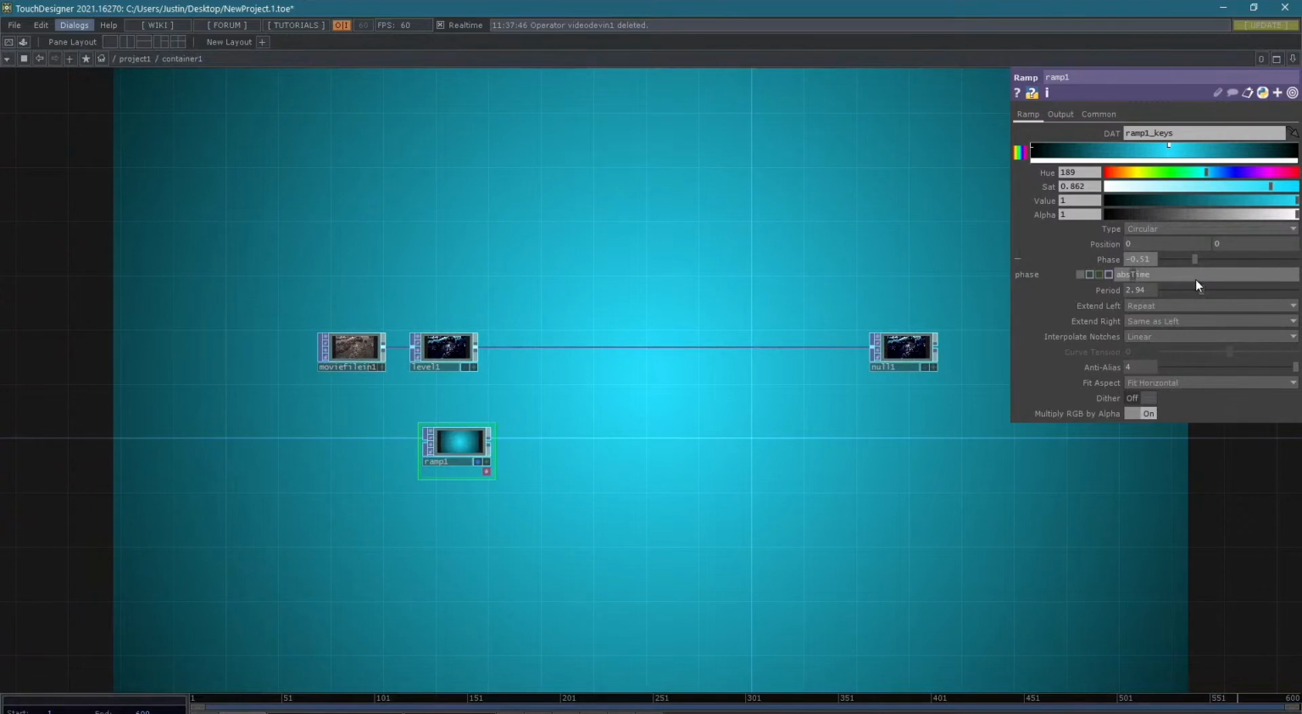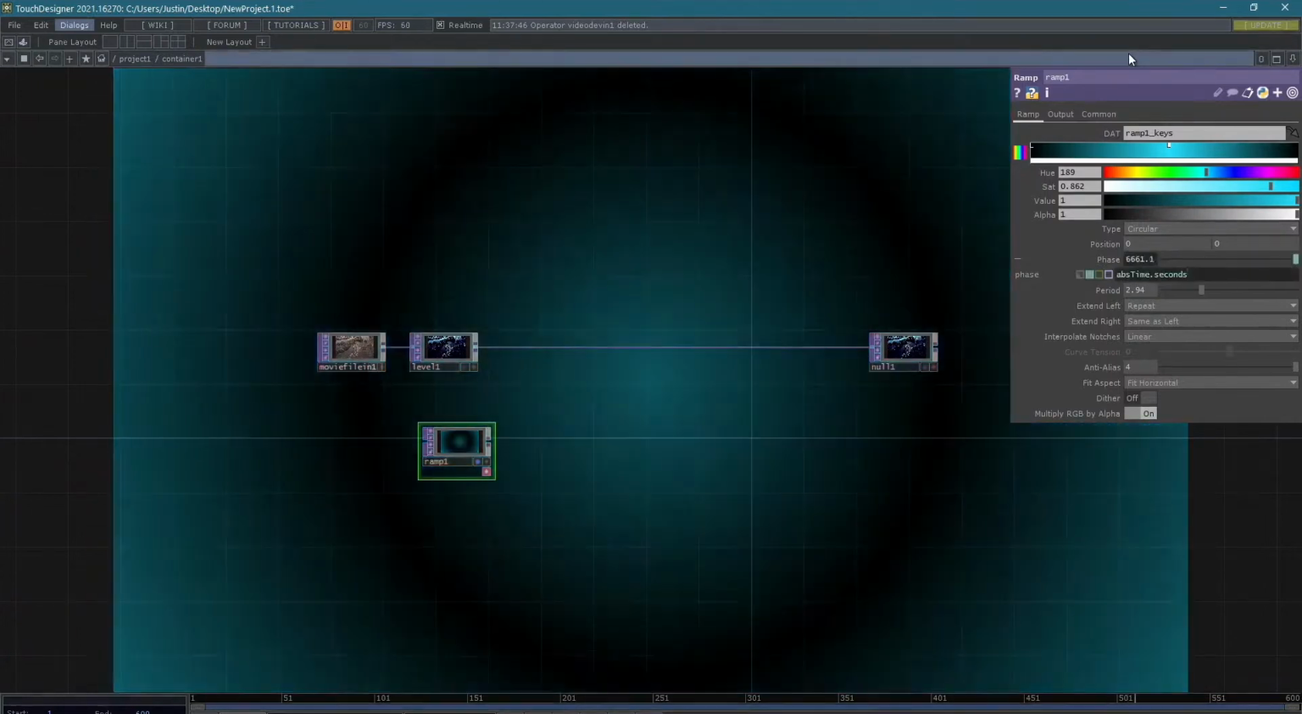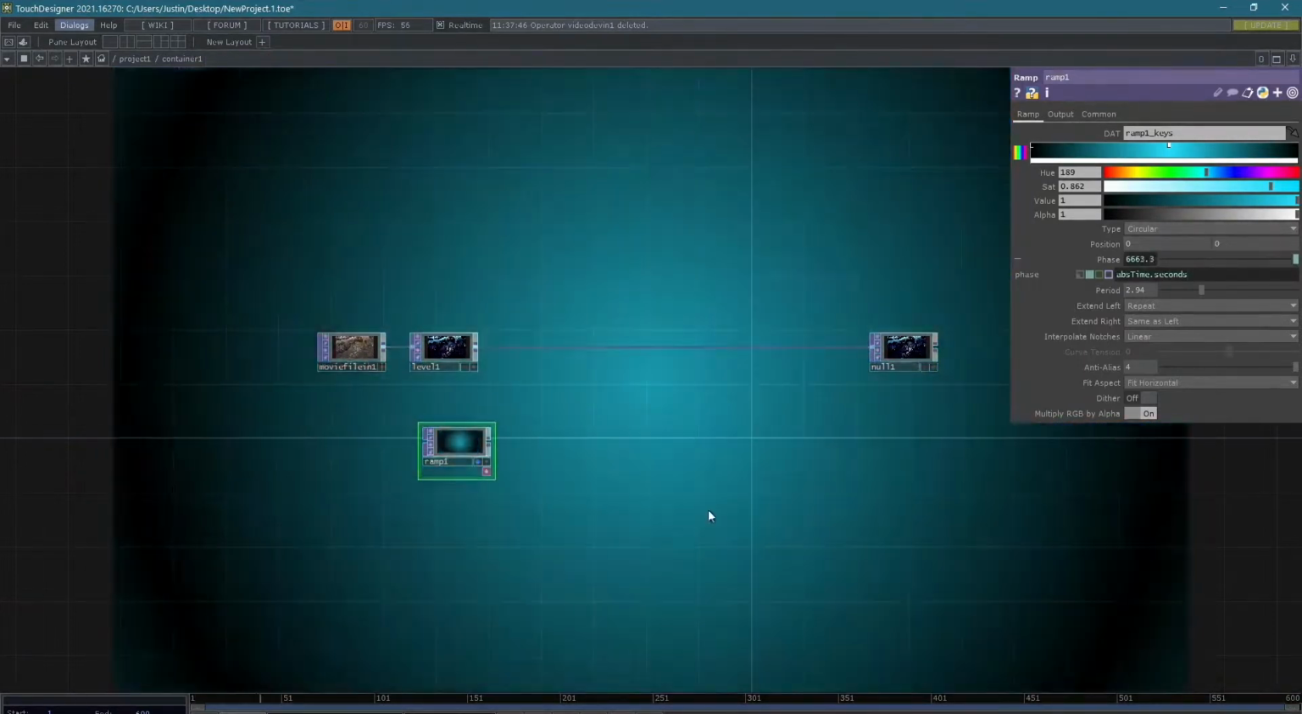just with that capital T, because it's camel case, like a lot of coding. So your first word is lowercase, and then they use that to delineate where there's multiple words squished together in a line of code. So abs time dot seconds, so that'll be the unit of time. And when I hit enter,